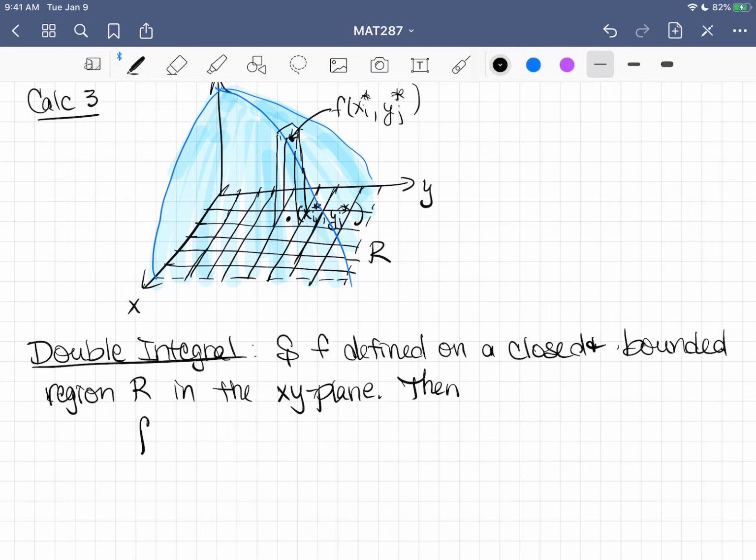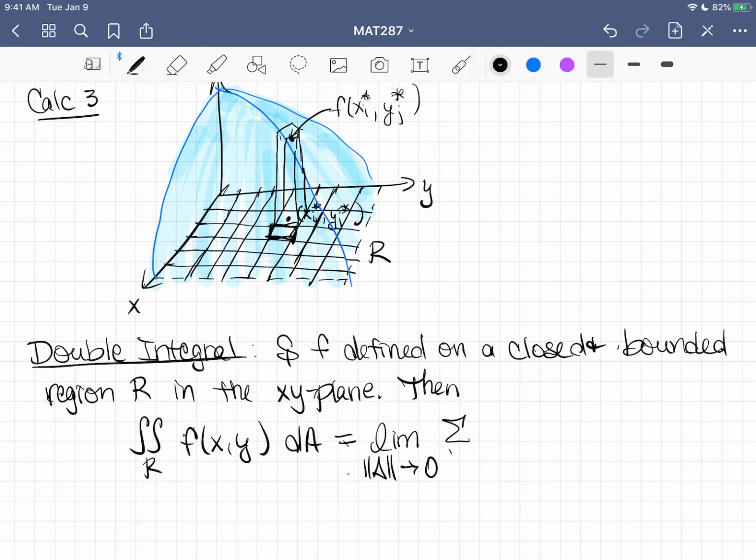Then the double integral over R of f of xy dA, so the area here of these rectangles is changing. Okay, so it is defined to be the limit as the size of delta goes to 0